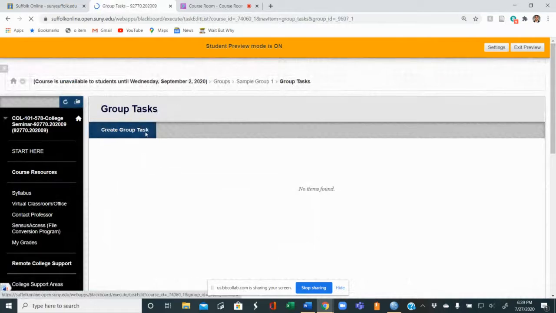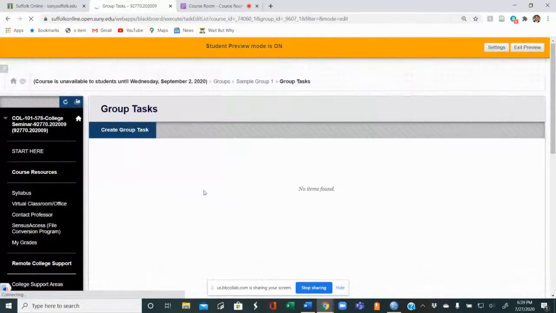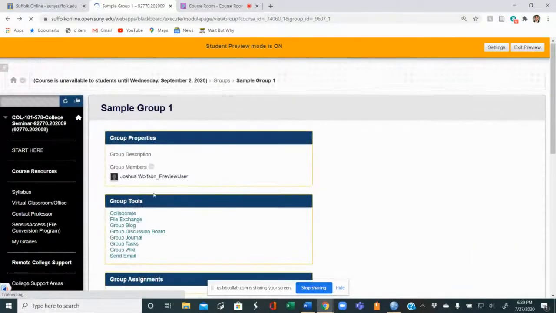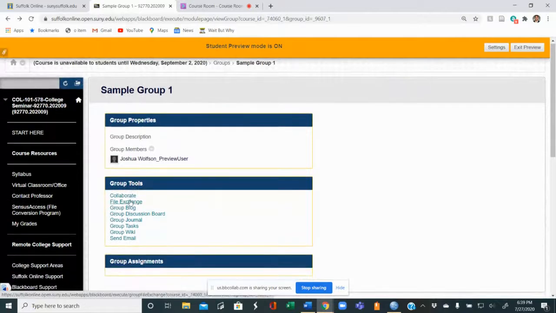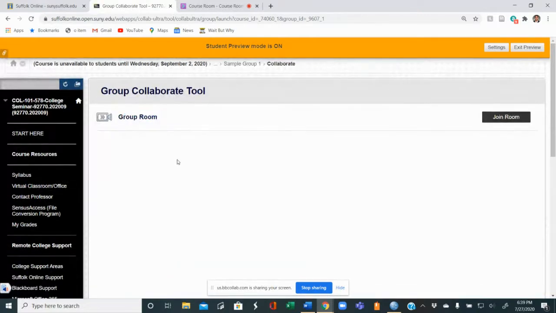So if I click on that, they can create a group task and actually delegate work when it's due. They can set a priority level for it as well, which is kind of nice. But the other thing that's really nice about this feature is they have access to their own Blackboard Collaborate. So if they click on Collaborate, they can join their own group room and work remotely together in a small